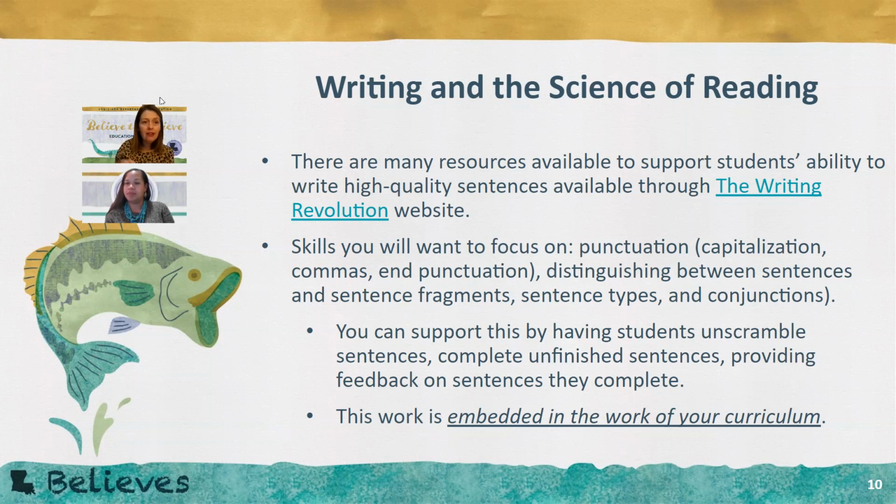If I'm doing a lesson on the desert habitat, I might have them unscramble a sentence based on that desert habitat, right? And think about that. I have them unscramble a sentence and put it together. That's supporting their reading, supporting their writing, and supporting their ability to craft meaningful sentences. It's one activity, but it's hitting so many different things. So keep it embedded in your curriculum. You can also do it in math, science, social studies. The work of writing is embedded in each of these. Writing spans the day. Every subject that you teach is an opportunity to teach writing.